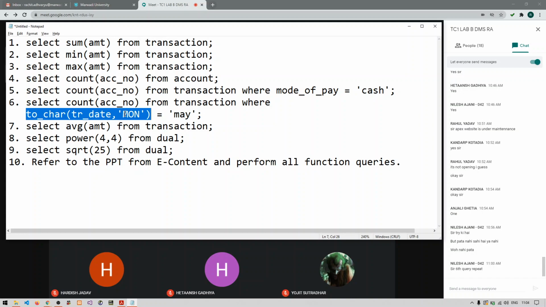Whatever query I have mentioned in that PPT, you just copy paste in your Word file for each of the functions. Clear everyone what you have to do?